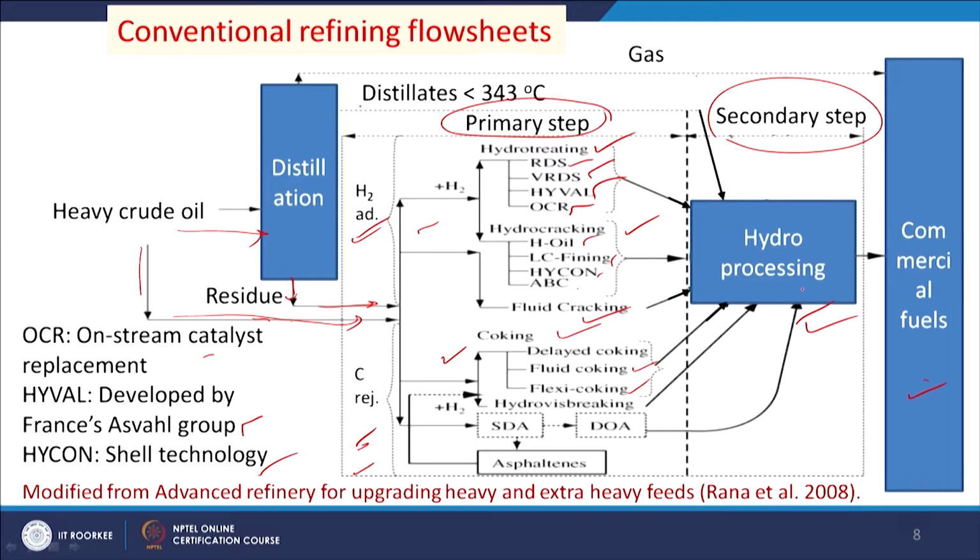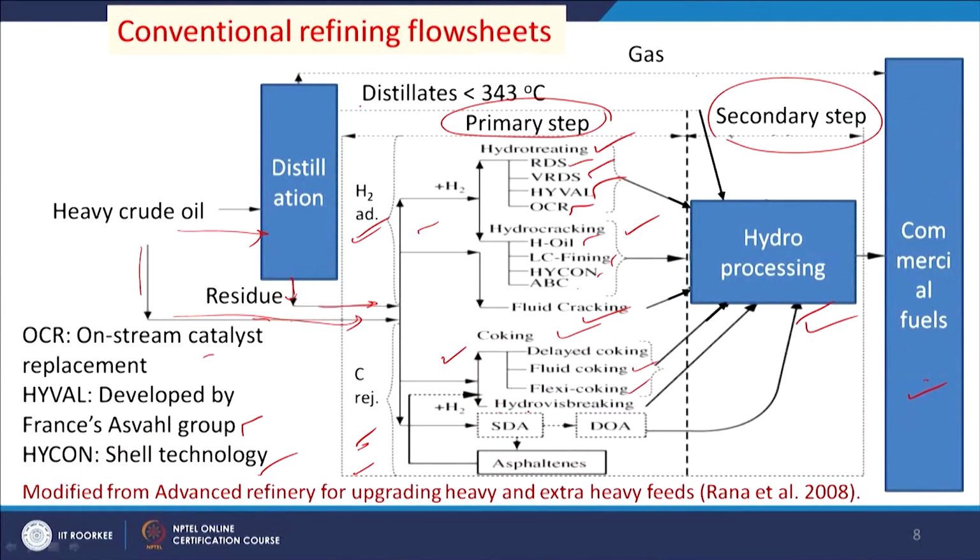hydroprocessing to get the commercial fuel, and we can get hydrovisbreaking, or we can get solvent deasphalting. So, solvent deasphalting, DAO, deasphalted oil, then again hydroprocessing and commercial fuels, and asphaltenes we can separate from this SDA unit, which can be used for other applications like road making, etc. So, this is the conventional refining flow sheet with heavy crude oil, and from this basis we can summarize that